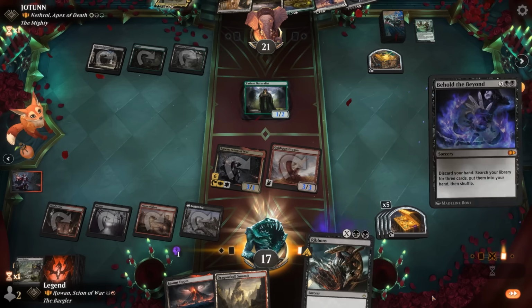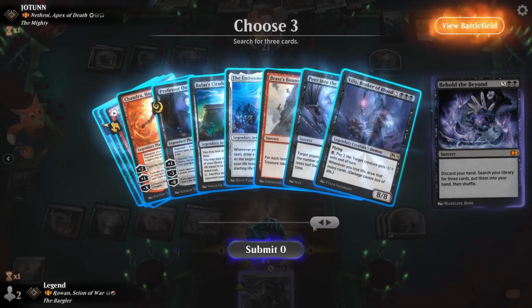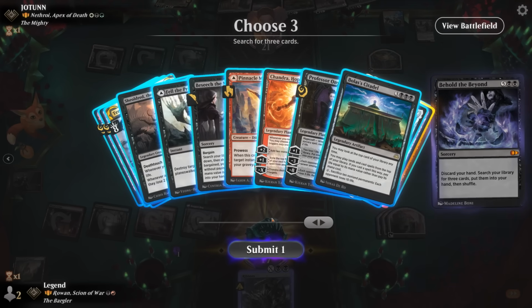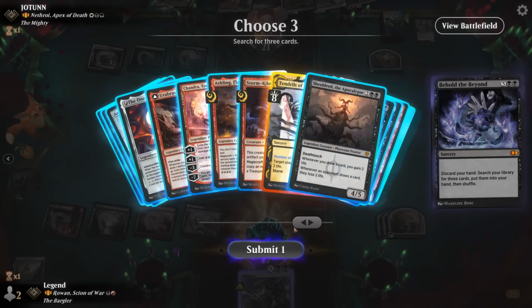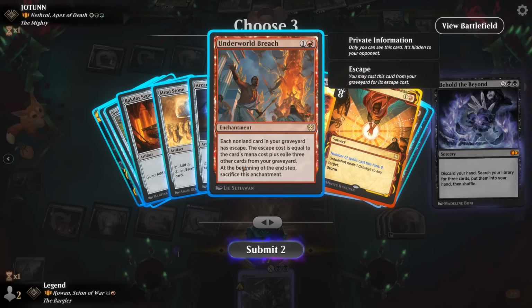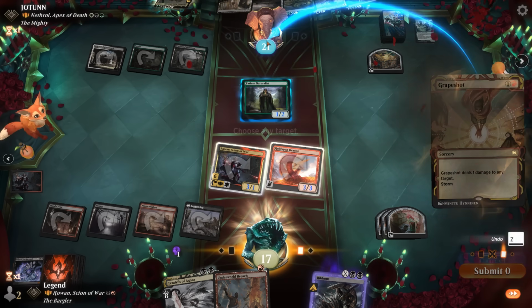Behold the Beyond. And then get Brass's Bounty, Tendrils, and Grapeshots, or even better than Brass's Bounties, probably getting Underworld Breach. So then I could Grapeshot